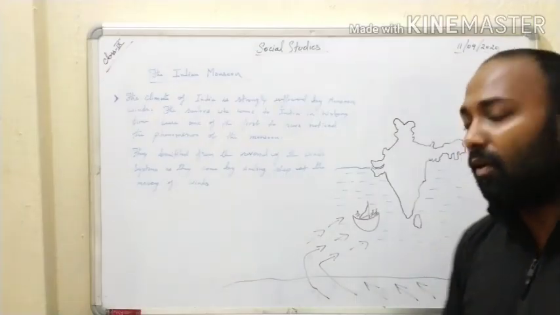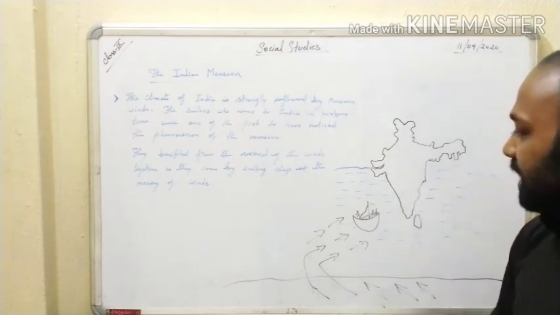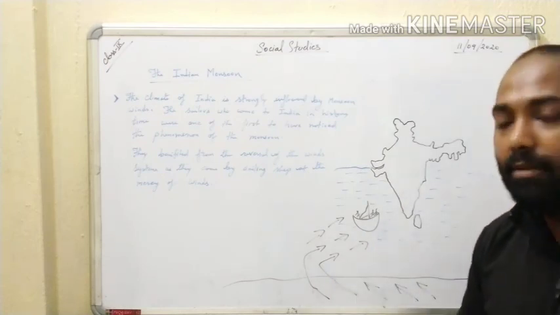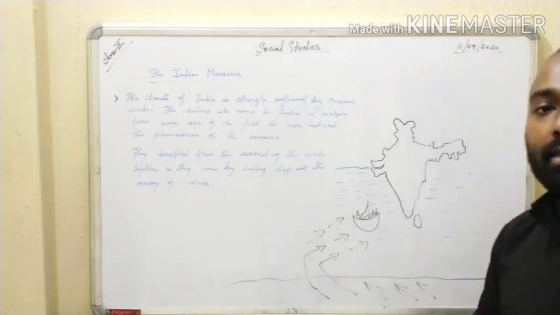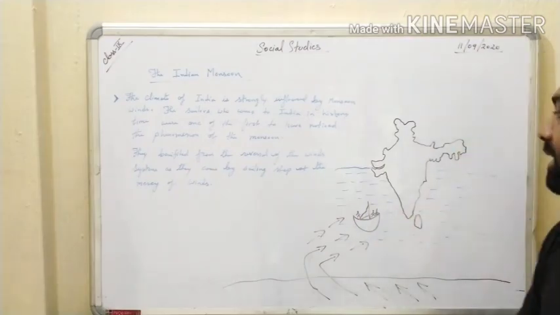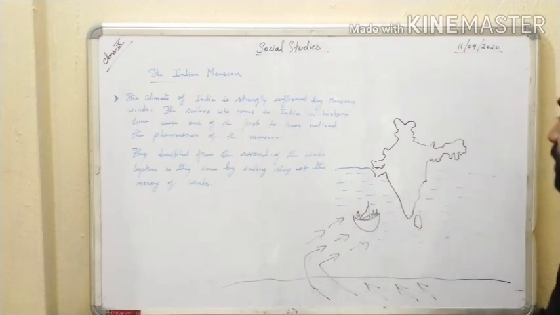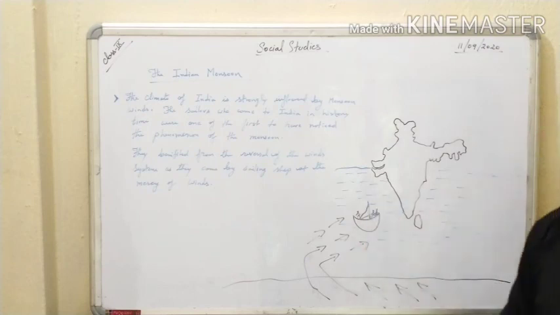The Arabian people also came to India via sea route. When they came to India through this sea route, the trade wind helped them to travel to our country, and with the reversal of wind also, they were benefited by the trade wind. So they were able to travel to our country during the time of monsoon with the help of trade winds. That is why they kept the name of this trade wind as monsoon.